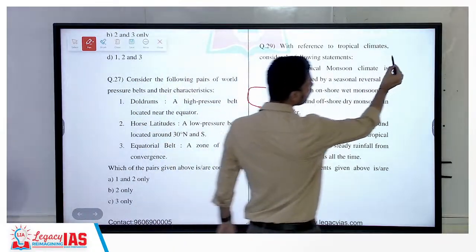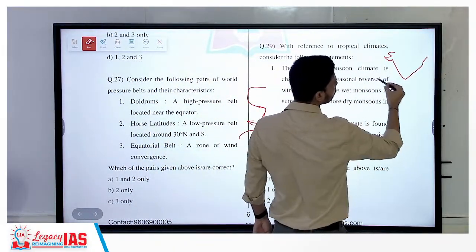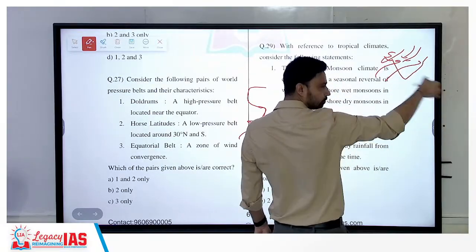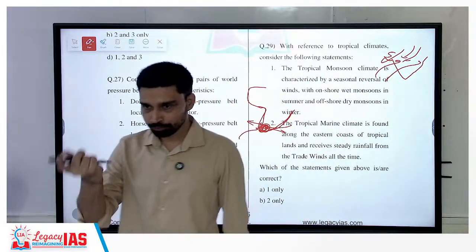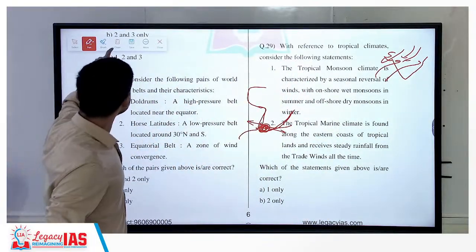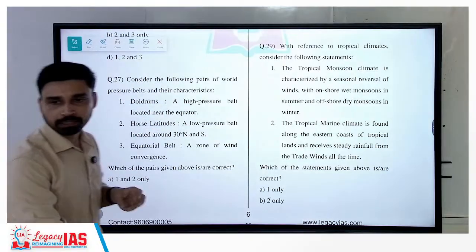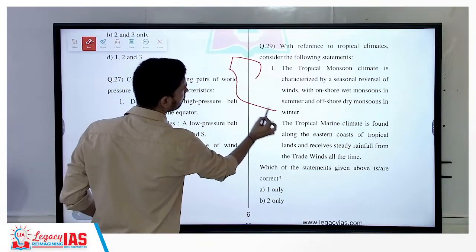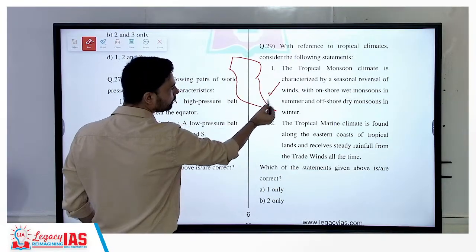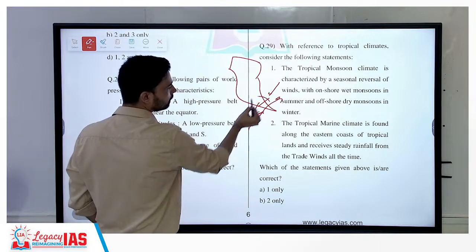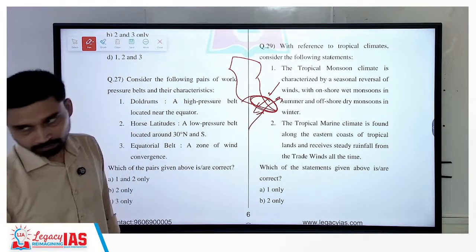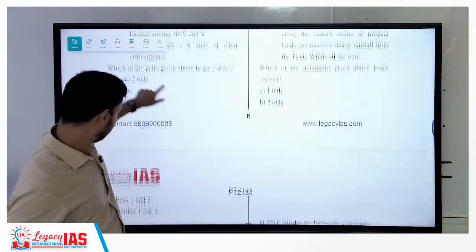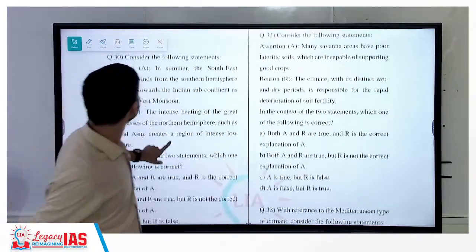In case of India, however, this is not correct. Why? Because the sea is only on this side. When the wind is blowing like this, the entire area is dry except Tamil Nadu, which receives from the Bay of Bengal. So it is due to the shape of the African continent; South America also has this kind of conical shape in the southern part. No matter which way the wind moves, the area keeps getting rainfall from both sides. So that's why it's correct. The correct option is both 1 and 2, C.